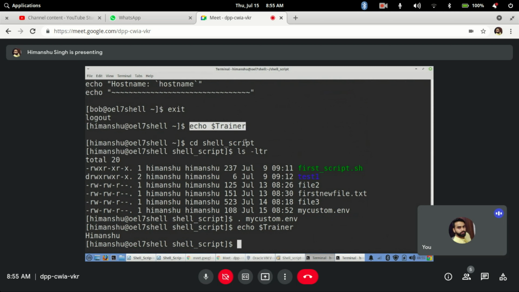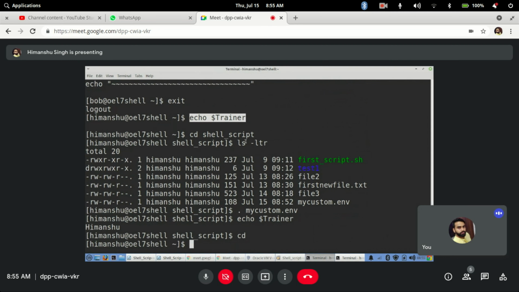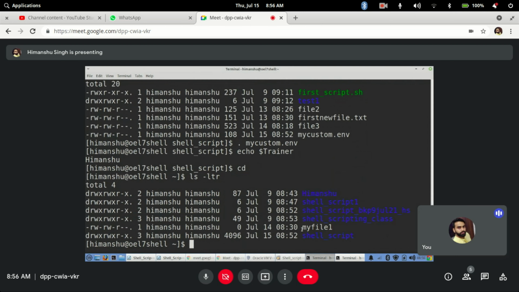No, anywhere, you just have to call it. You have to know where to call it. It is a file. Now, to call a file you should know the correct path from where you want to call it. By default, whenever we create a custom file or a custom environment file, we keep it in the home directory of the user, so that whenever the user connects, he or she knows what to do. You will see, okay, the environment file is there, so mostly you have to source the environment.